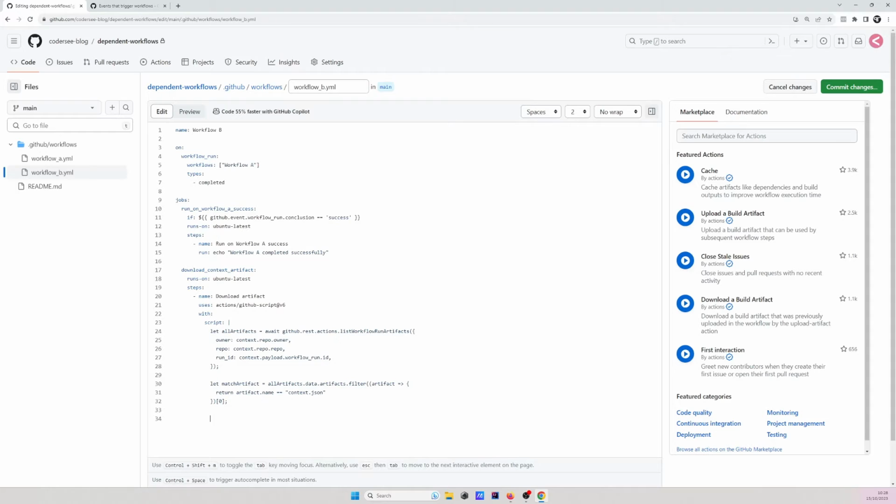Nextly, I would like to download this file, so let download equals, again we'll be querying the API, GitHub REST actions, download artifact, and right here we need to specify owner, repo, artifact ID, and archive format. Unfortunately, we cannot download directly the JSON file, that's why we will fetch the zip file and unzip it in the next step. Owner,